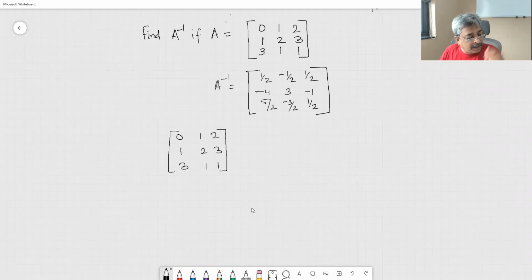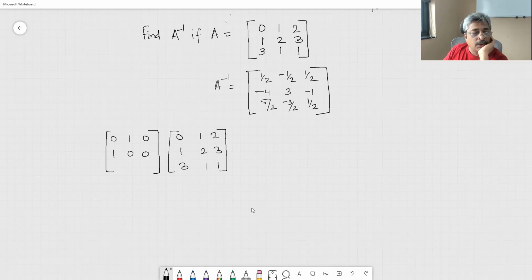Suppose I pre-multiply this matrix by [1, 0, 0; 0, 1, 0; 0, 0, 1] with the first two rows flipped. This is my E1, the first transformation matrix. I want to transform this matrix A, and eventually convert it into the identity matrix, and therefore I am required to